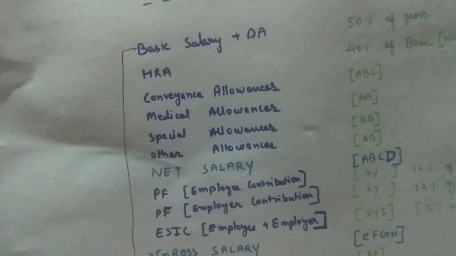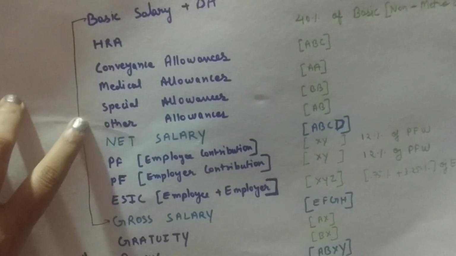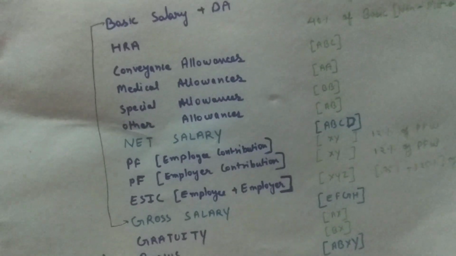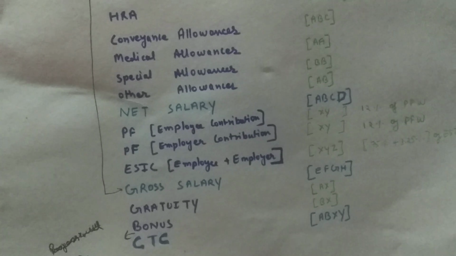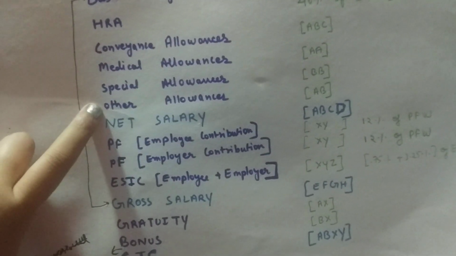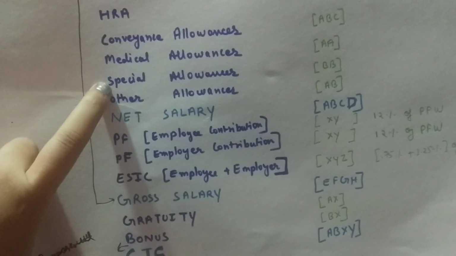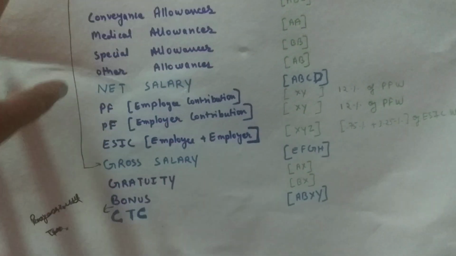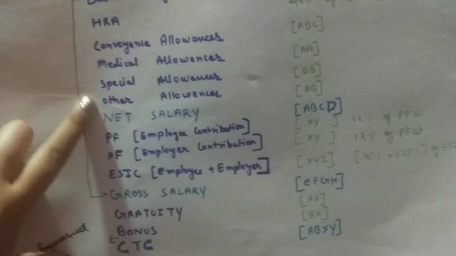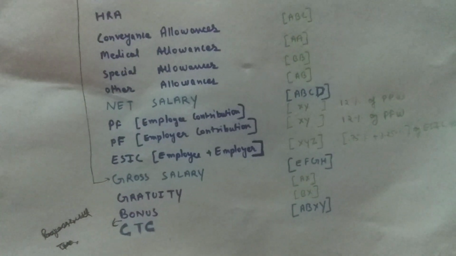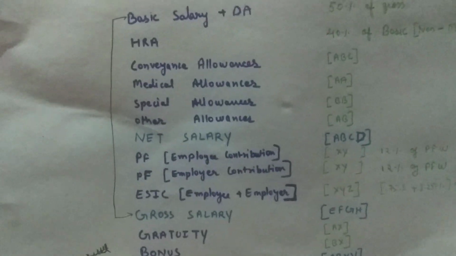Now next is conveyance allowance, medical allowances, special allowances, other allowances, and there are some other allowances, that is fixed nature allowances, also like food coupons, then mobile bill and internet allowances. So some companies provide that also, depending on the nature of the company, but these are the fixed allowances. Means special allowances, other allowances, these are the fixed allowances. बाकी जो food coupon allowances हैं और mobile internet allowances, these are variable allowances. These depend on the company, whether they provide these things or not. So by addition of all these components, we get the in-hand salary.